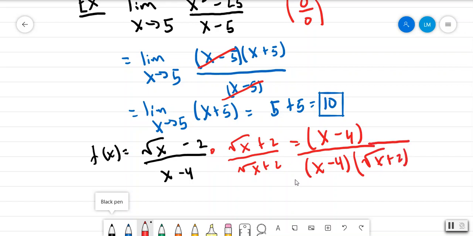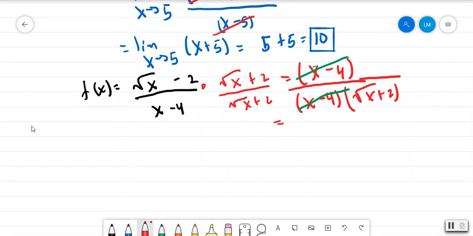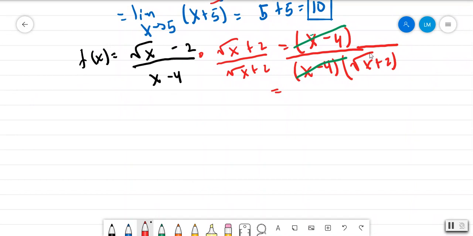That cancels out, and it reduces down to 1